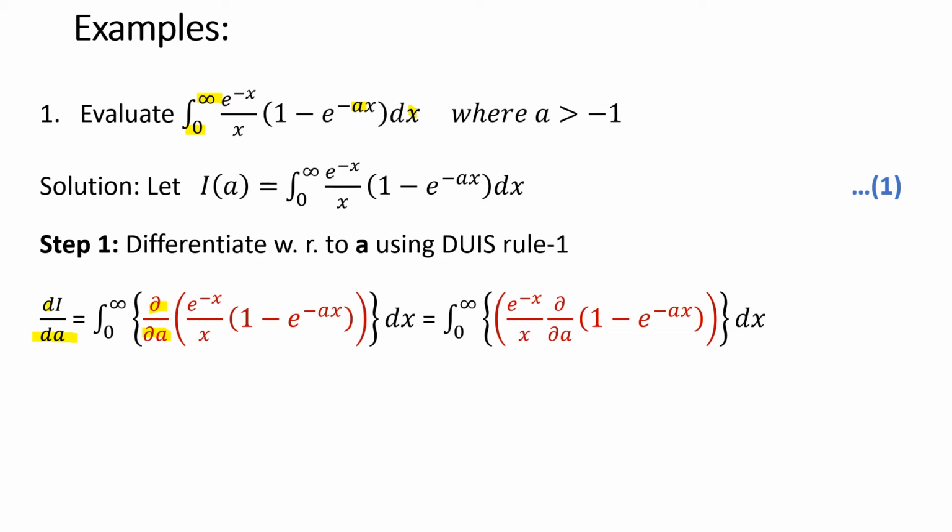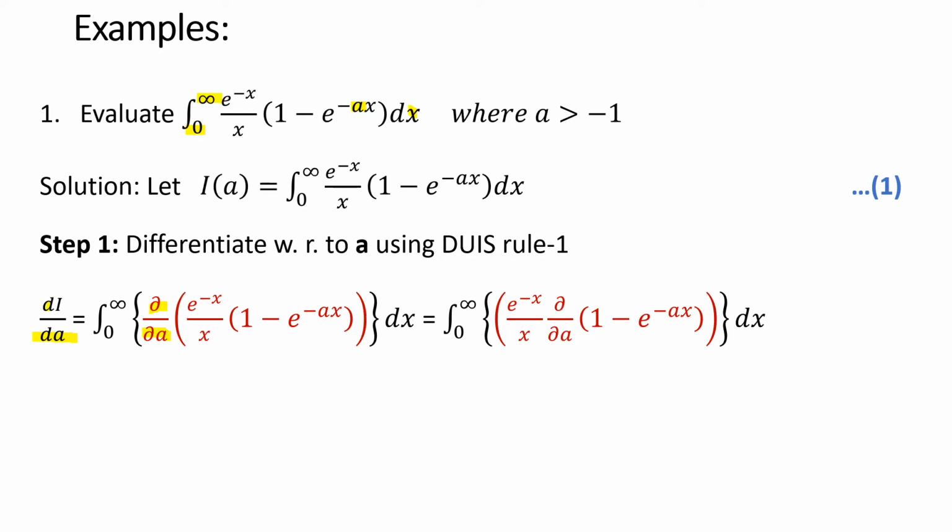Okay, here one more important point is that every time we switch the variable, right? When we are differentiating with respect to a, then variable will be a and constant will be x. Then we will integrate with respect to x, then a will be constant and x will be variable. So carefully just keep this in your mind, that for which variable you are differentiating, for which variable you are integrating, so that you can keep the other one as a constant. Okay, so here what we are using, del by del a, that is partial derivative with respect to a. So we have to assume a as a variable and x as a constant. Okay, so just differentiate first.